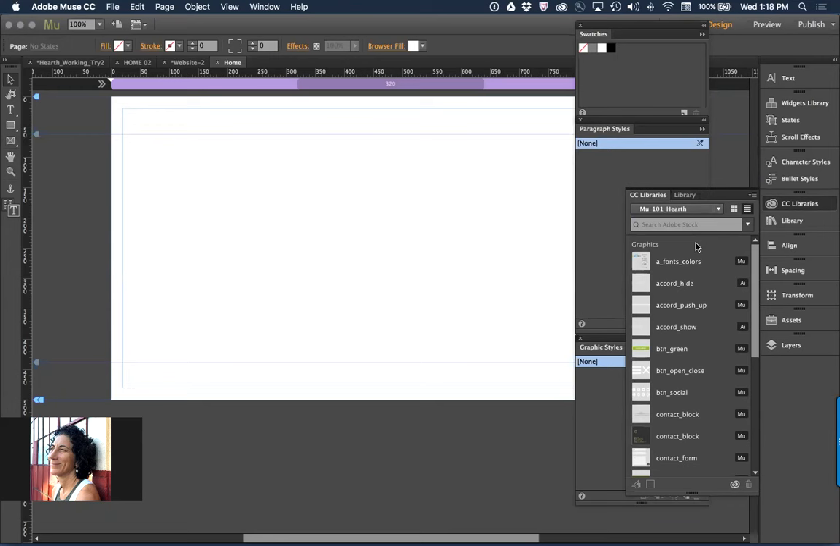That is false advertising at its finest. But it's a good demo asset and a good one to showcase the Muse feature set. What I want to begin with, the first thing I'm going to do is come in and in the CC